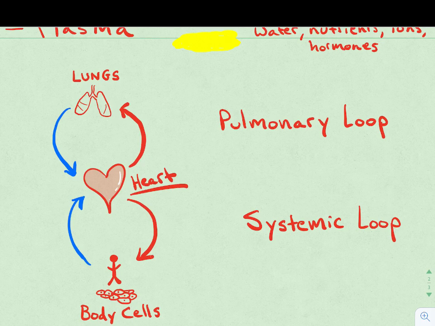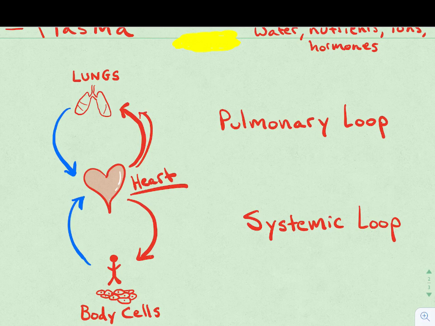And together our heart, our lungs, our blood, and our blood vessels, which carry the blood, make up our circulatory system. And although that word circle is in the word circulatory, circulation is actually not in a circle. It's in this kind of figure 8 pattern, where blood goes from our heart to our lungs, up here like this,